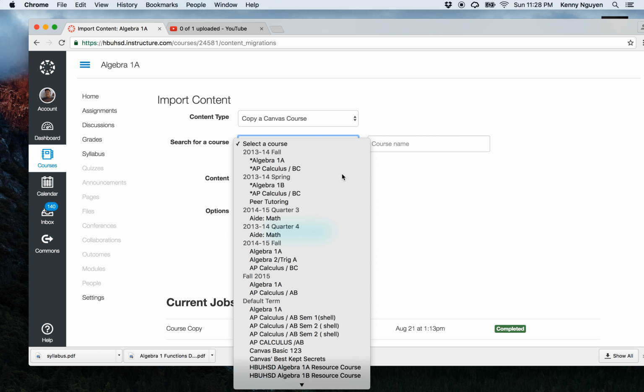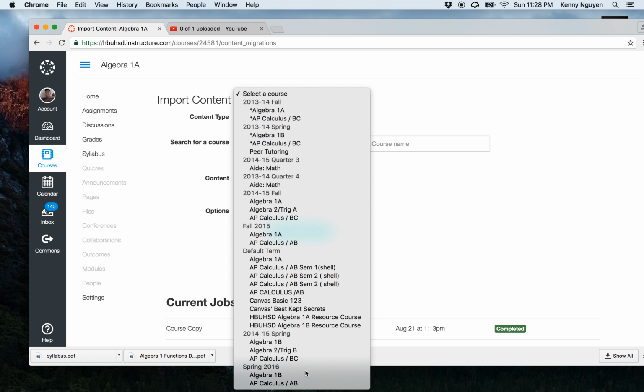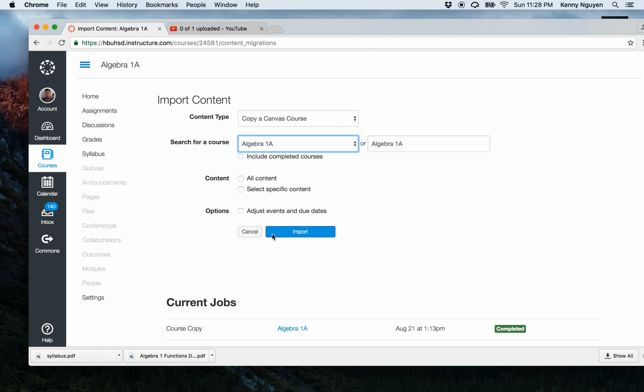Now you need to specify which course you're copying it from. So perhaps I'm going to copy it from the Algebra 1 course that I taught last year. That was 2015, so that's Algebra 1. If you want to copy everything from Algebra 1A, pick that option. If you want to select just a few items, then select specific content. Click import,